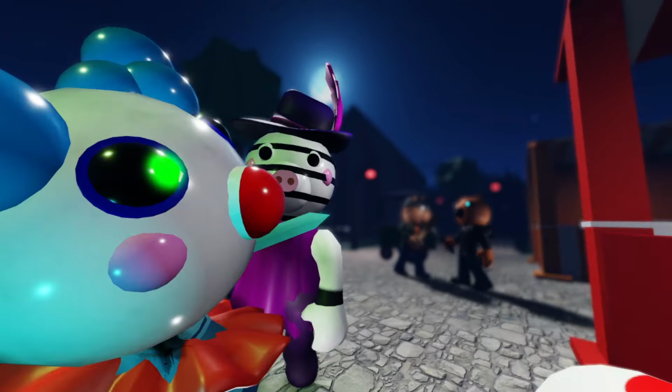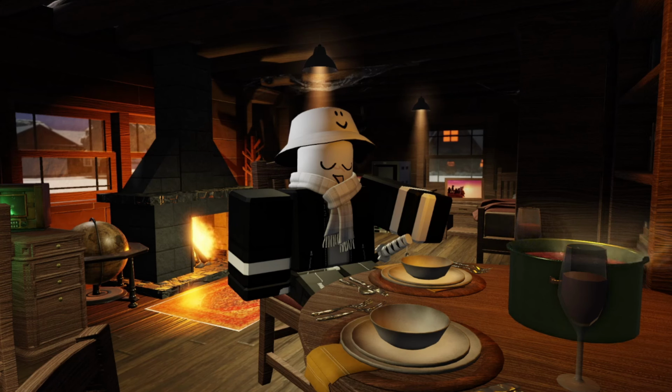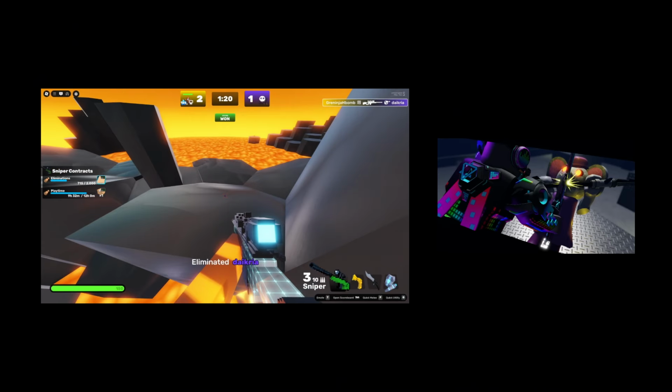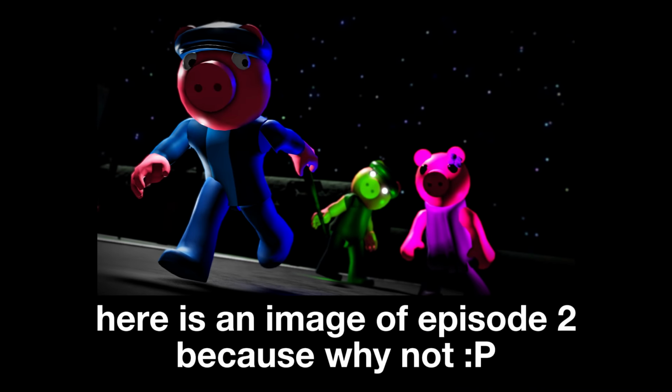You're probably wondering, what's the next step? What am I going to do with my Piggy film? Now, I don't want it to be like what it became last year, where it was all I was making, and then I just stopped doing it. It's gonna just be something on the side that I can do whenever I want, but I'm not going to rush episode 2 at all.